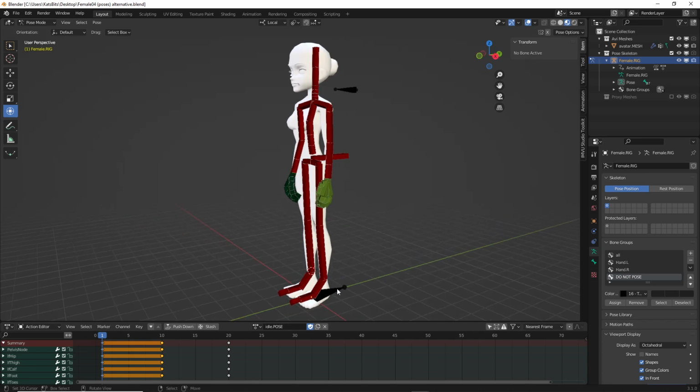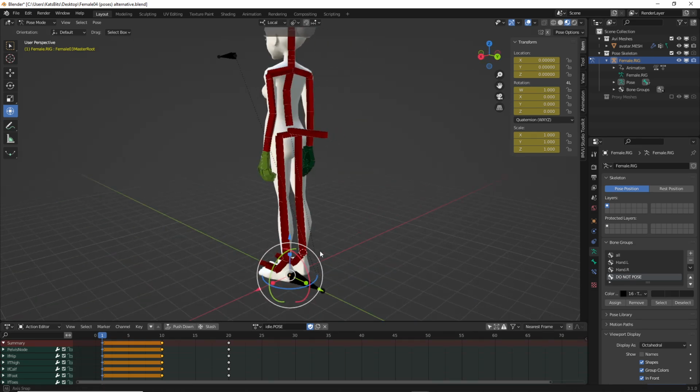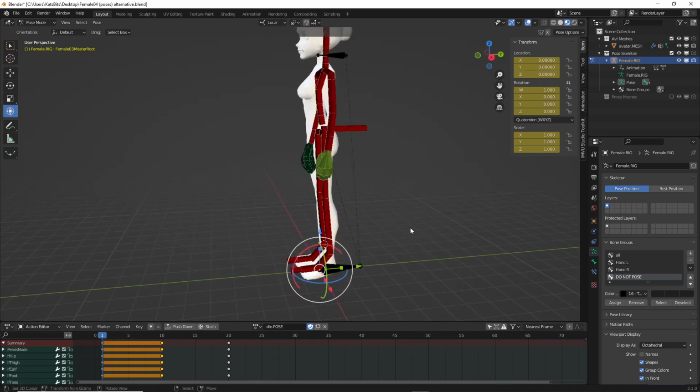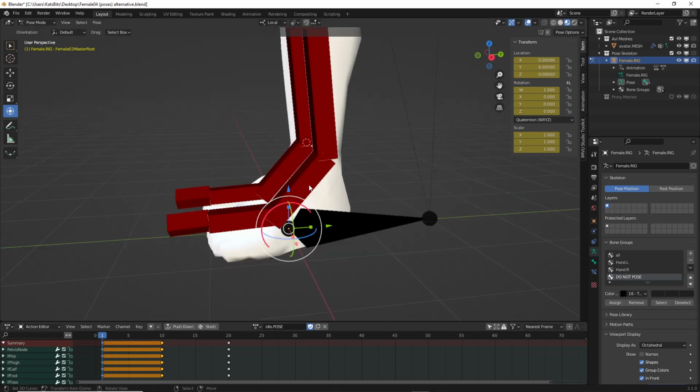There used to be an issue that if you moved female 03 master root, so if you moved this black bone when you did your pose, so you were making an animated pose and you moved that, it would cause problems with the avatar,